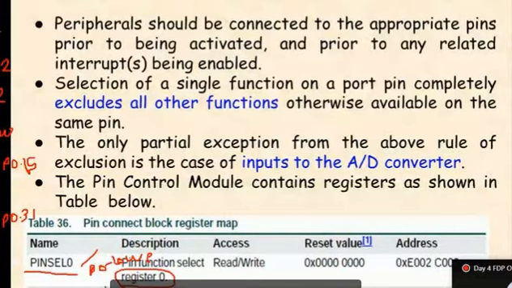ARM processor is new for all. This is never taught in diploma. It is in engineering and ME subjects. And in embedded systems, maximum focus is given to ARM processor because it is used in real applications. So in today's session, I am going to explain what an ARM processor is and how you can do the coding for that.